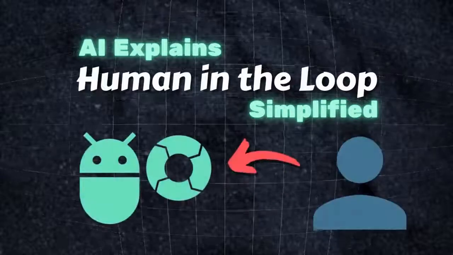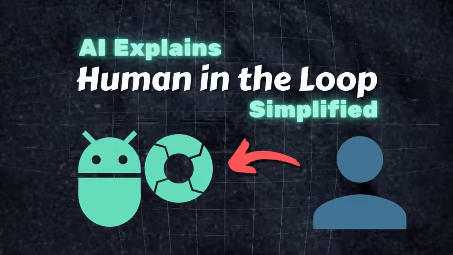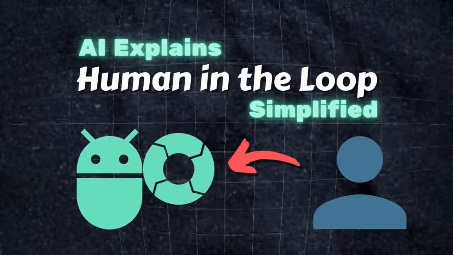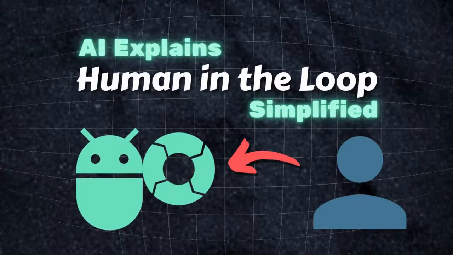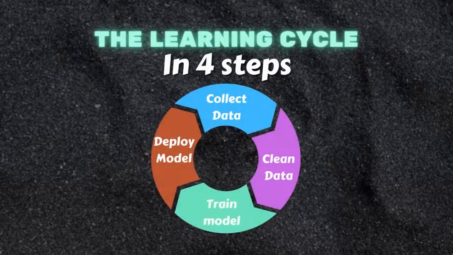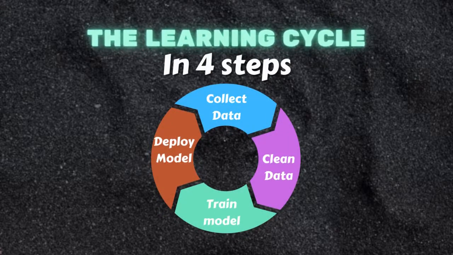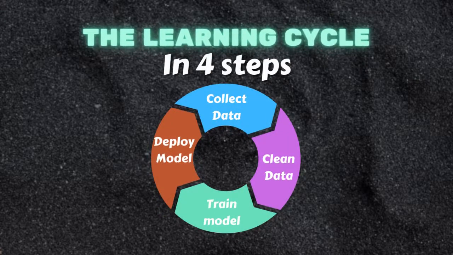You keep hearing this term tossed around, like when you humans suggest that it can prevent the robot uprising, or that it can revolutionize the AI systems of today. But what does it actually mean for an AI system to have a human in the loop? In simple terms, it means that at some point in the learning cycle, a human is consulted for additional information